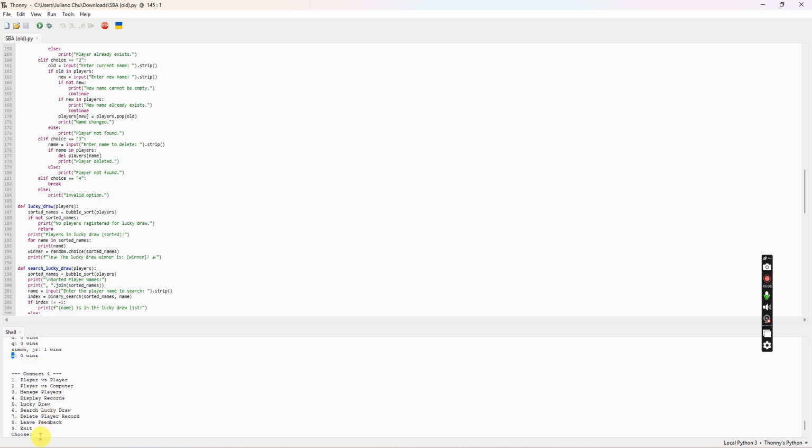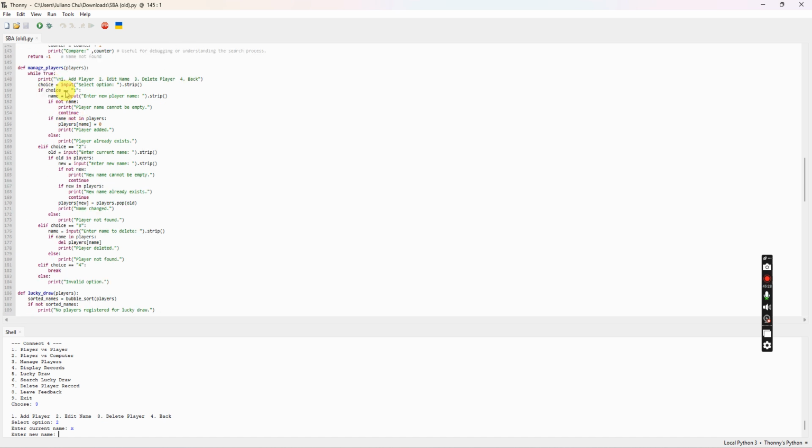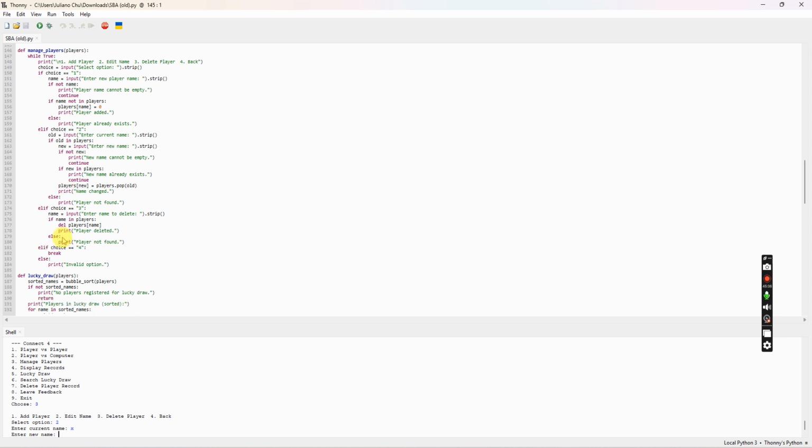X is in the player records. If I add X, the X is old, so new. So if old in players, the new equals input and the new name X. I press X, the new becomes X. So if not new,